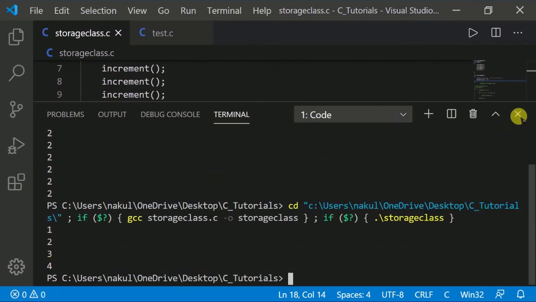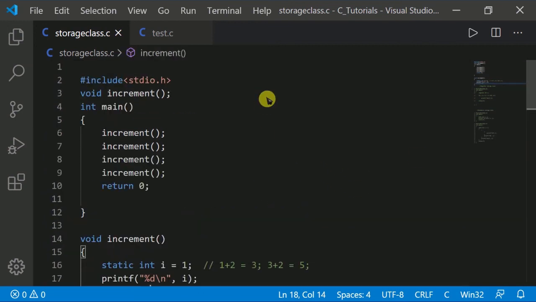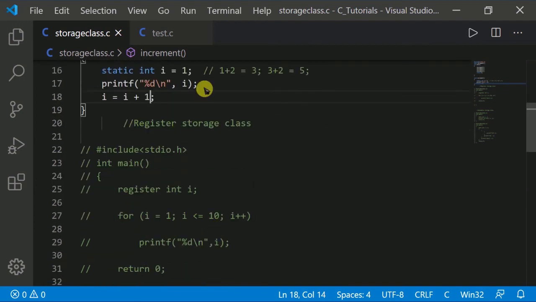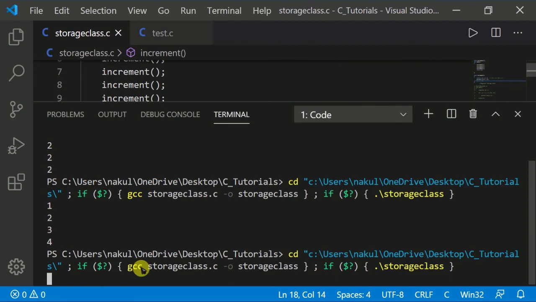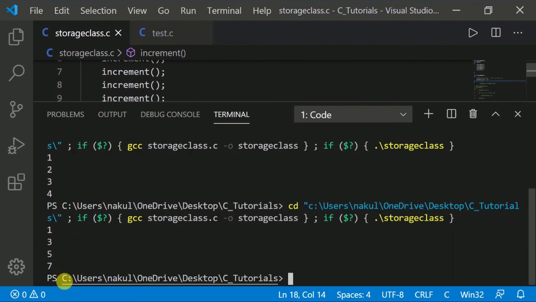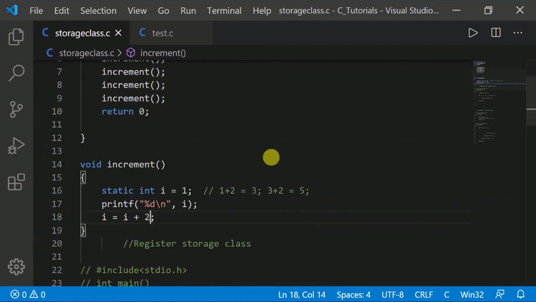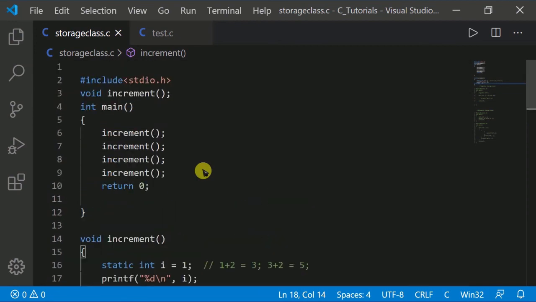Let me tell you guys what is happening in this program. I have inserted the increment function 4 times, so it prints this value series 4 times. If I change it to 2, then it prints the value 4 times. The increment will change so that it increments 2 values at a time. So 1 3 5 and 7. It means 1 plus 2 equal to 3, then 3 plus 2 equal to 5, 5 plus 2 equal to 7, like that. That is the work of your static class.